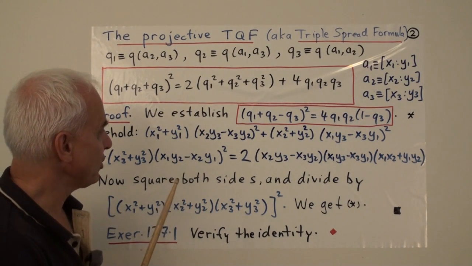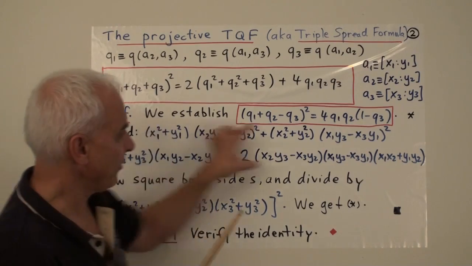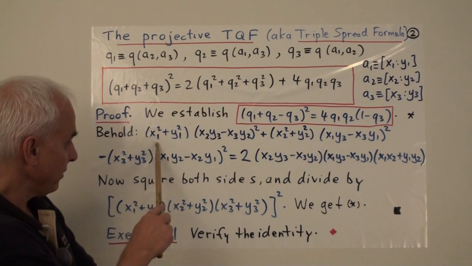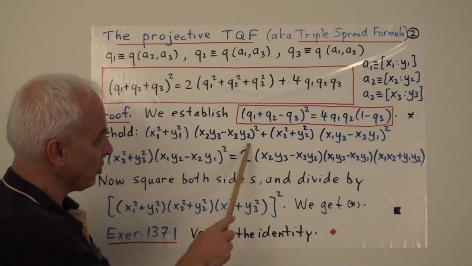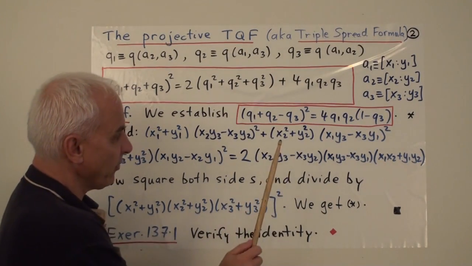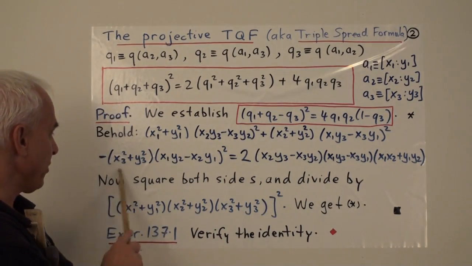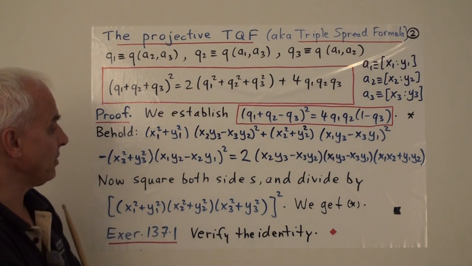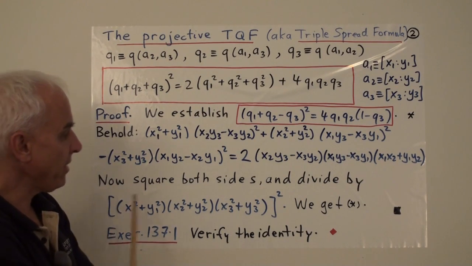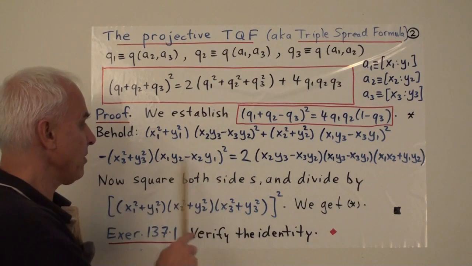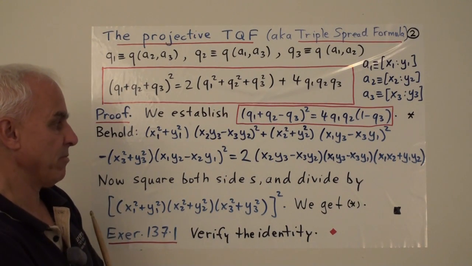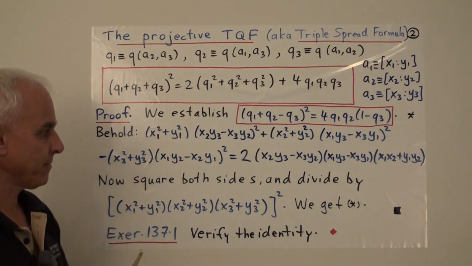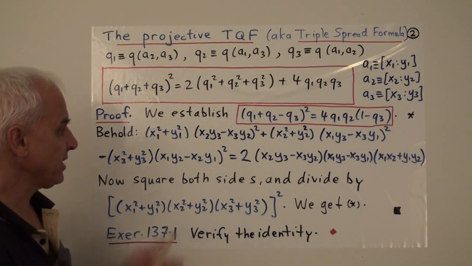Okay, so what we're going to do is look at this identity. So here's an identity. Behold. It's an identity involving x1 squared plus y1 squared, and then this sort of determinant term, and then another x2 squared plus y2 squared, and another determinant term, and then another x3 squared plus y3 squared, but this time with a minus sign, times another 2 by 2 determinant squared. And then altogether, that sum of 3 products is, perhaps a bit miraculously, 2 times the product of these 3 expressions.